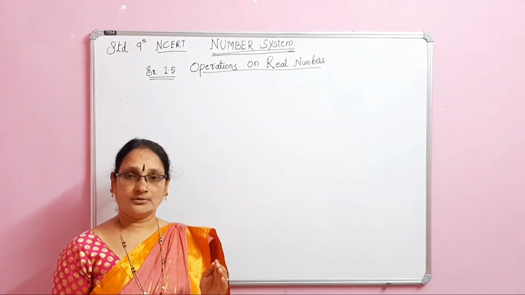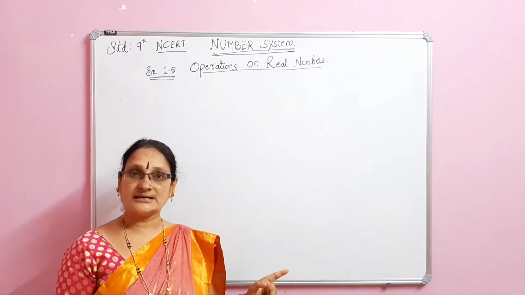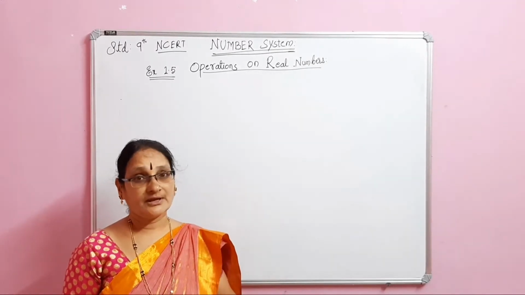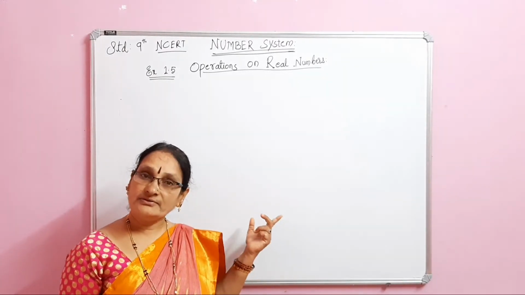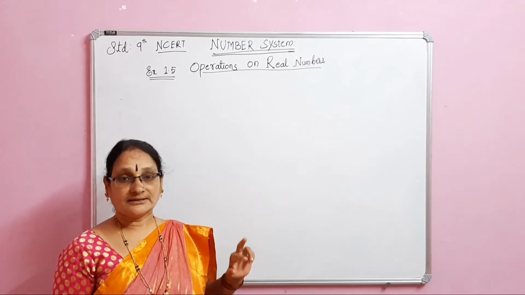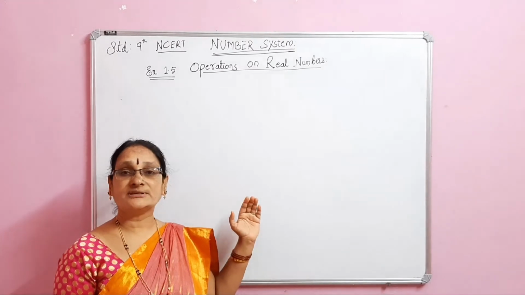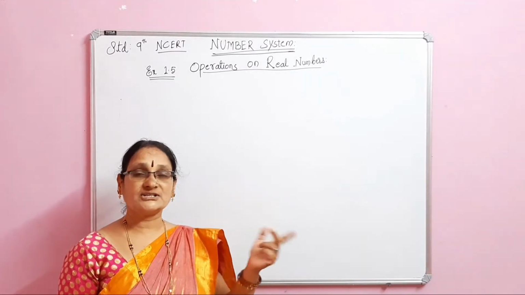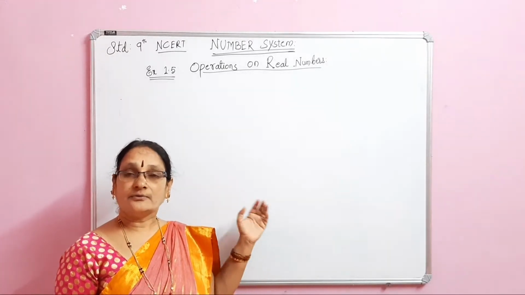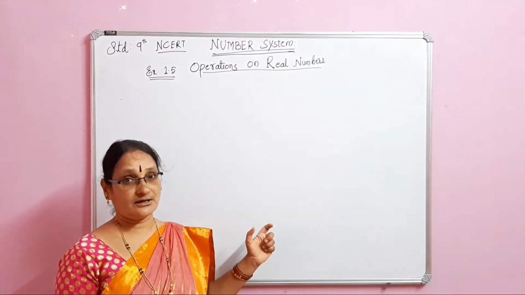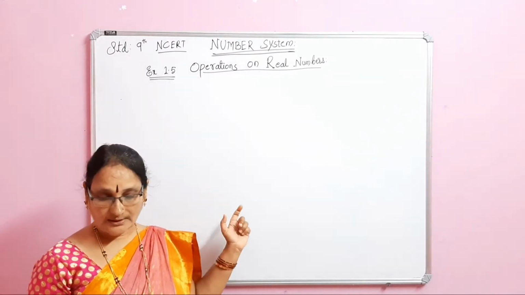The same thing now we will see on the irrational numbers. When we add two irrational numbers, does that give an irrational number? When we subtract two irrational numbers, does it give an irrational number? When we multiply and divide two irrational numbers, do they give irrational numbers or what? Now we will see. Sometimes they will give you a mixture of rational and irrational numbers, and on simplification we have to find out whether the given number is rational or irrational. So all these things let us see in exercise 1.5.